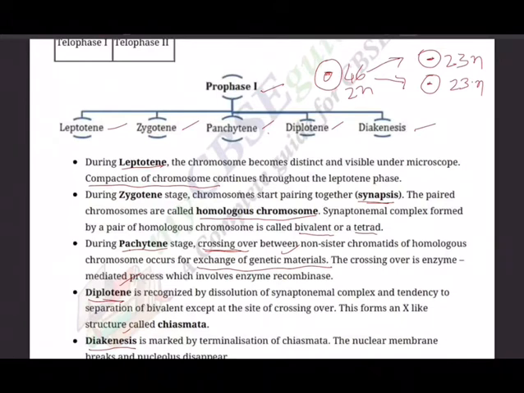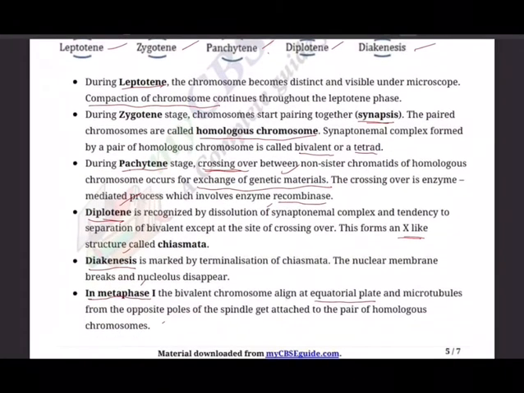The crossing over is an enzyme-mediated process which involves an enzyme called recombinase, and diplotene is recognized by dissolution of the synaptonemal complex and the tendency to separate of the bivalents except at the site of crossing over. This forms an X-like structure called chiasma or chiasmata. And in diplotene, the bivalents repel each other, and the sites of crossing over are called